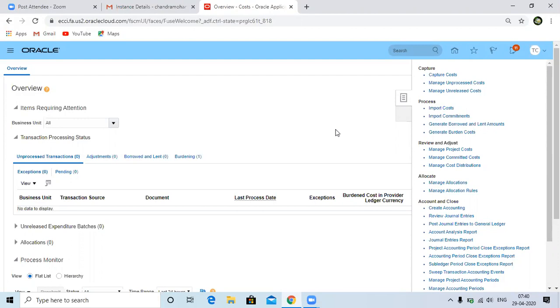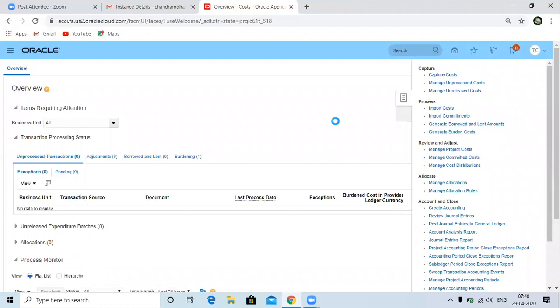That is one scenario. In another scenario, maybe one of the invoices came for $1,000, but it has to be distributed to two different projects. But the user has selected one project only for the total amount, and the cost came to the project. Then we can do a split and transfer from projects. So you need to split that $1,000 into two lines, 500 and 500. Then we will transfer one of the 500 to a different task or different project. We'll see how we can do that.